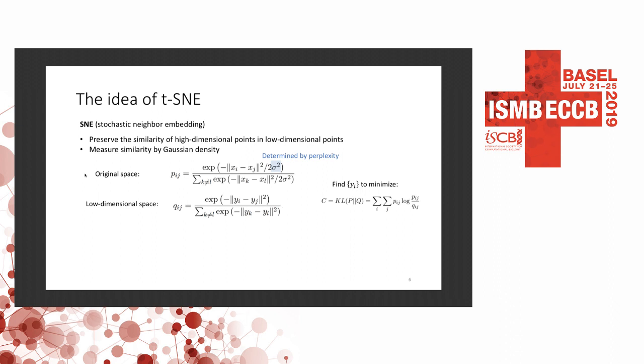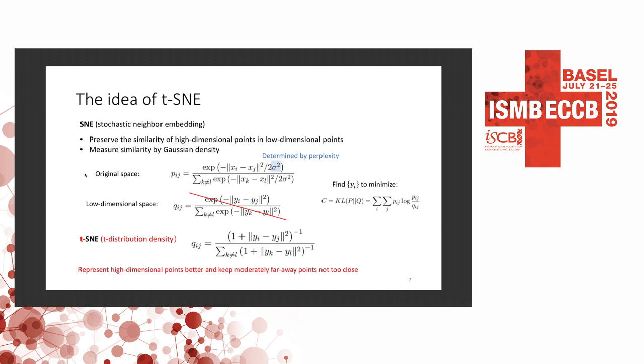And in the low dimensional space, this SNE, which is stochastic neighbor embedding without the t, we also measure two points in the low dimensional space by this Gaussian density function, which is some exponential transformation of the original Euclidean distance. And how to find the low dimensional space is by minimizing this KL distance between these two spaces. But then people found out this stochastic neighbor embedding is not very useful. It does not always work very well, because in the low dimensional space,